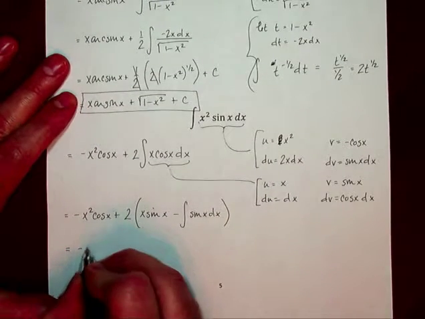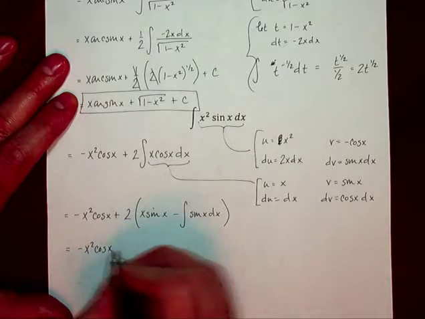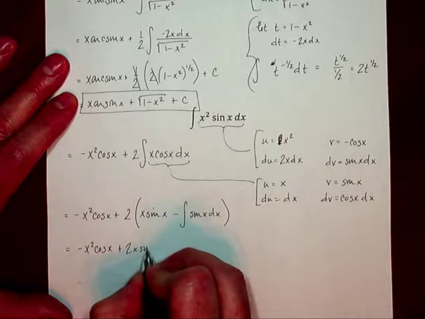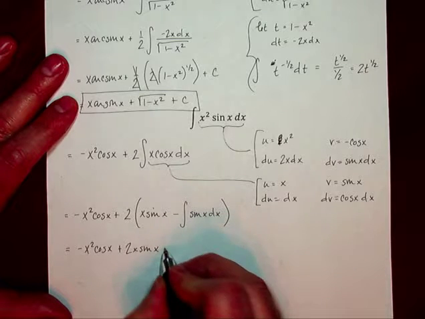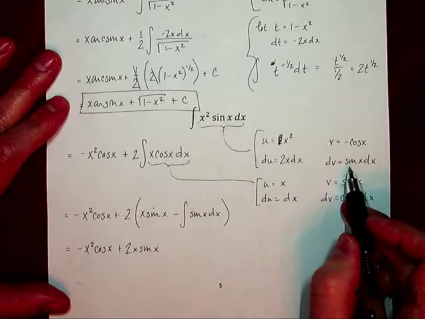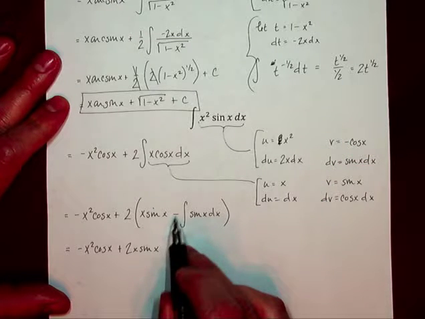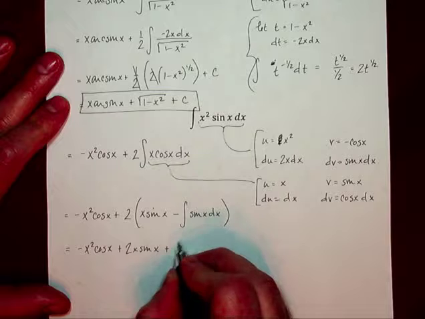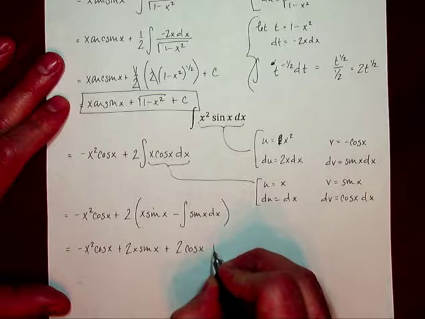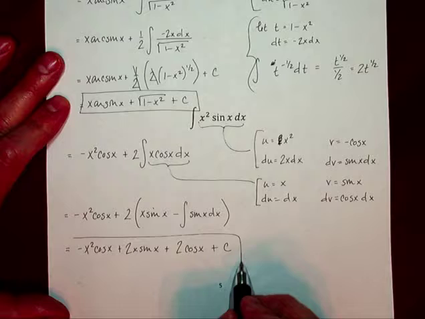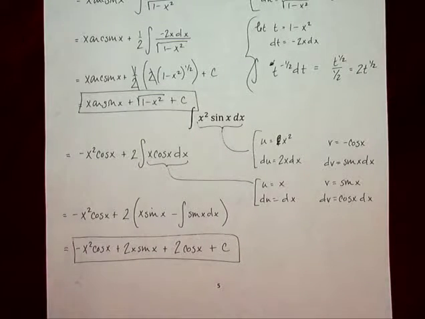I'm going to have negative x squared cosine x plus 2x sine x. And basically sine, when you anti-differentiate it, remember, becomes negative cosine. Well, that negative is going to cancel with the negative out in front there, so it's going to be plus 2 cosine x plus c. And that right there is messy, but correct, okay? And basically all you had to do was you had to do parts twice. And that's